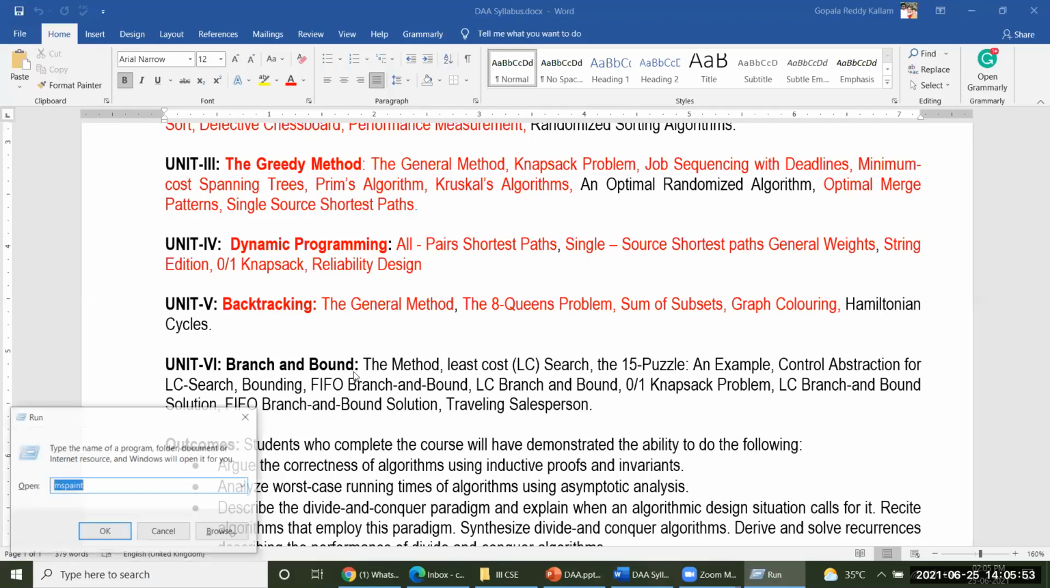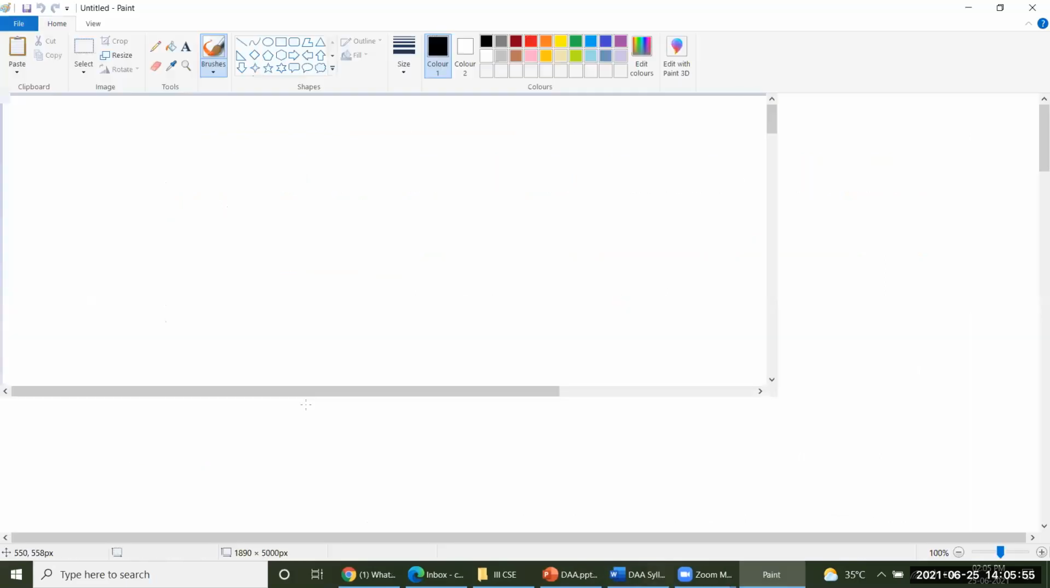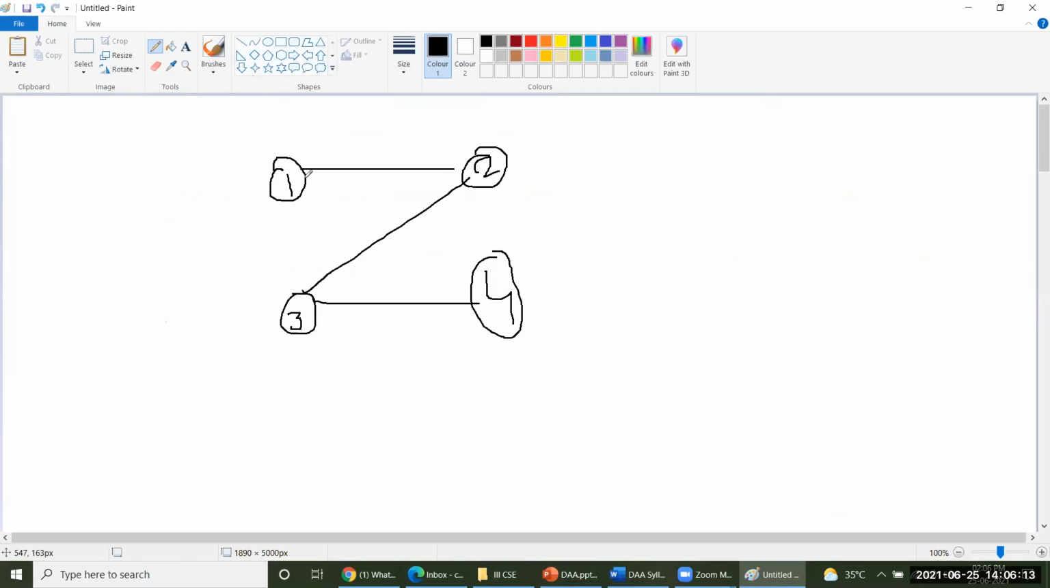Let me open this MS Paint here, then you could understand very easily. So let us consider here, you could take into consideration this particular graph. So this is vertex 1, this is vertex 2, this is vertex 3, and this is vertex 4. For example, these are the vertices which are available with us, and these are different kinds of edges which are incident on this one. Now you have to start your journey from 1 and go to